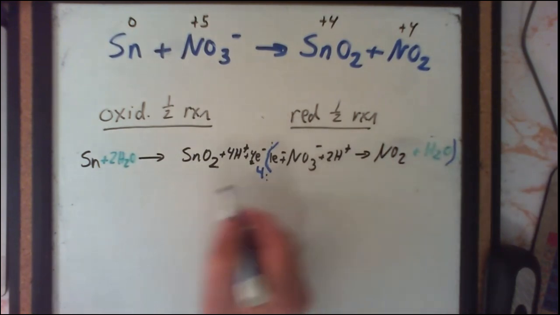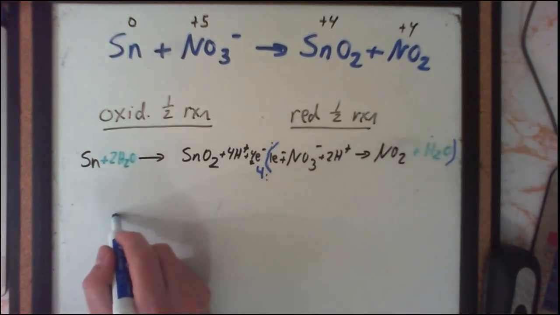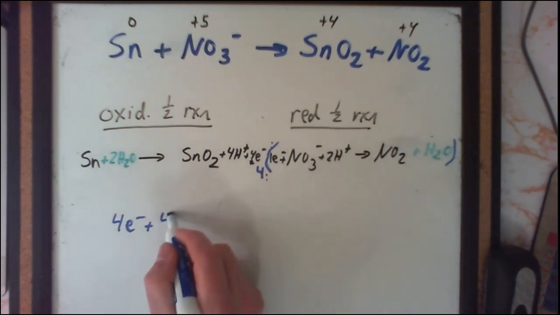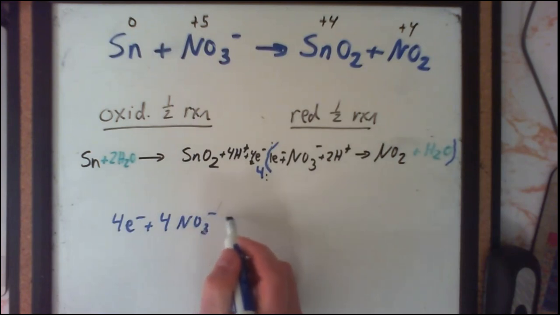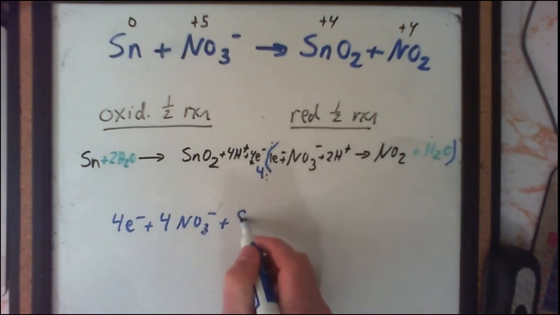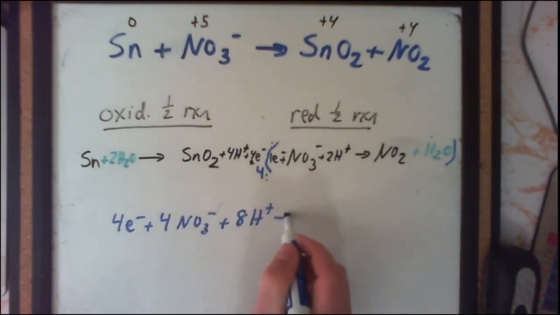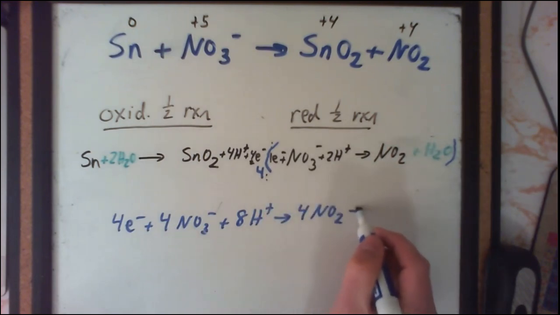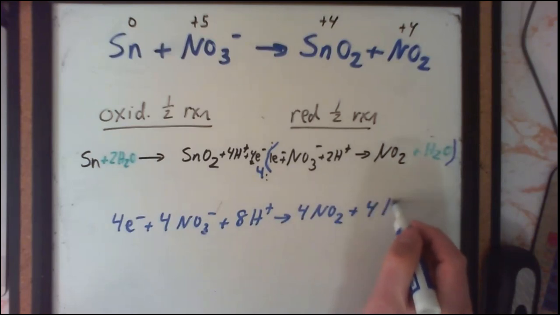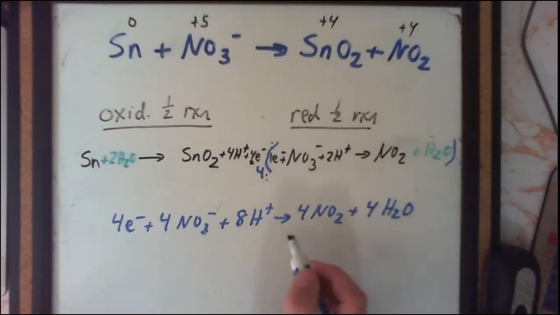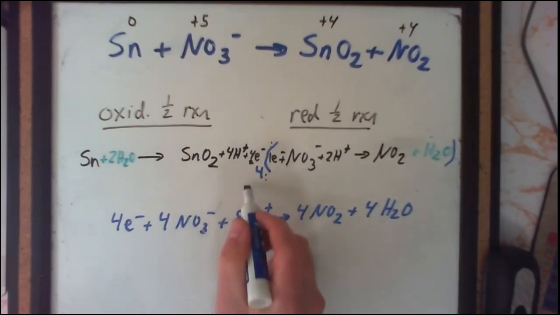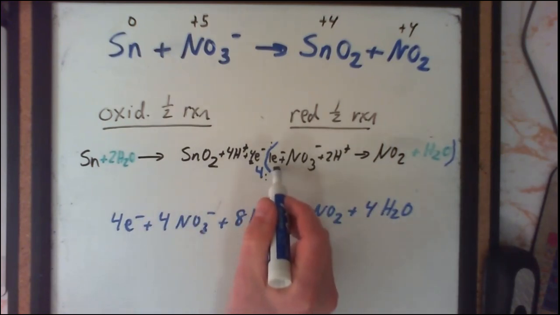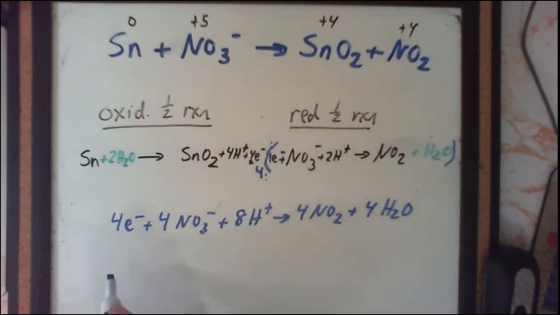So when I do that and rewrite it, our reduction half reaction becomes 4 electrons plus 4 NO3 minus plus 8 hydrogen ions produces 4 nitrogen dioxide molecules plus 4 water molecules. So it's still mass and charge balanced, but now I've just scaled everything up by a factor of 4 to ensure the number of electrons consumed in the reduction half reaction are the same as electrons produced by the oxidation